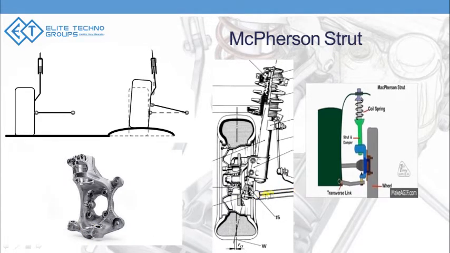This is an animation of how a real life strut suspension looks. In strut suspension, the damper assembly is directly attached on top of the knuckle, and you have the lower arm attached to the bottom of the knuckle. This is one of the most common suspension systems used for the front side of the car, and there are a couple of reasons why, because most of the cars are front wheel drive.